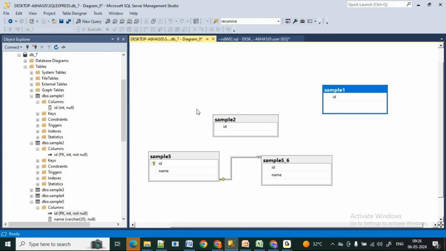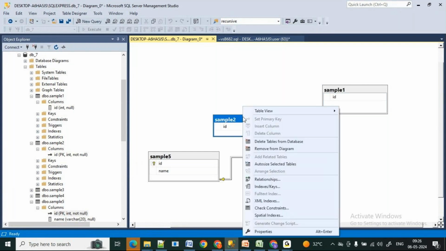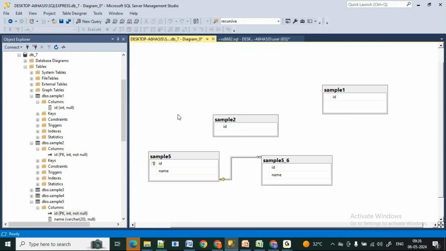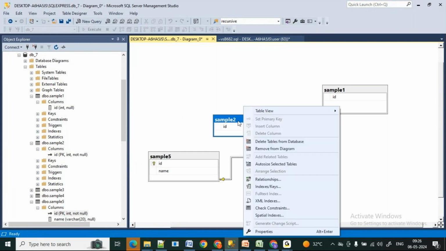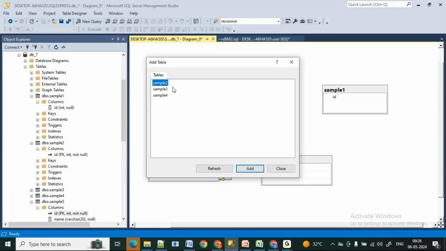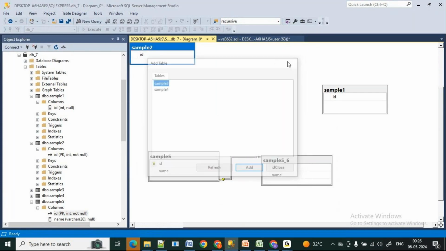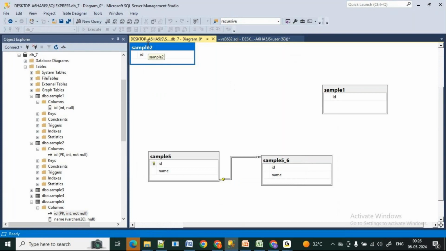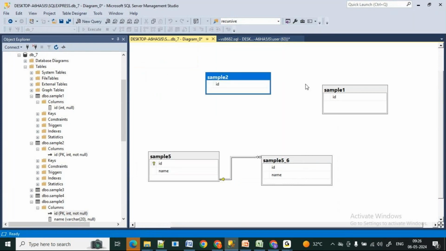No, right? Do I have refresh button here? No, nothing. Let me remove this one, delete this, and try to add this same sample 2. Okay, now I don't have any relationship between sample 1 and sample 2.